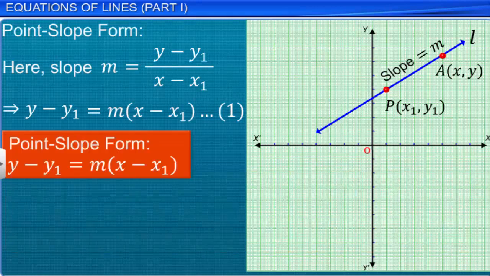Equation 1 represents the point-slope form of the equation of a line passing through a given point (x1, y1) and with slope m. For example,